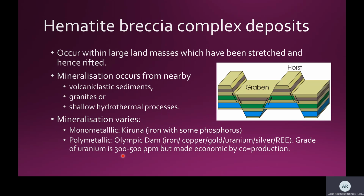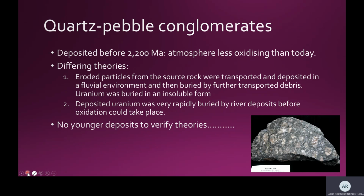It contains uranium, but Olympic Dam is what you call polymetallic. It's got more than one mineral in there, so you've got iron, copper, gold, silver, and rare earth elements. So Olympic Dam isn't extracted just for the uranium. The uranium is actually a byproduct. It's extracted largely, I think, because of the iron and the copper and the silver. You may as well precipitate the uranium and take that as a bonus. So it wouldn't be economic for the uranium, but the other elements make it profitable to get it out of the ground. So horst and graben can be quite extensive, but the individual deposits tend to be quite close in terms of